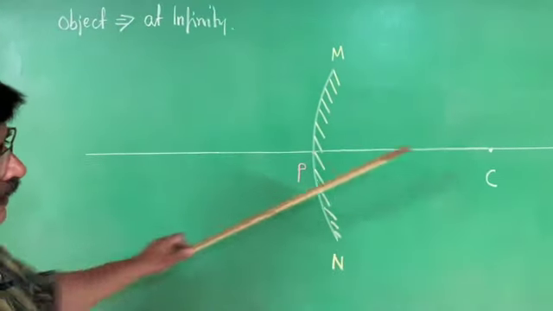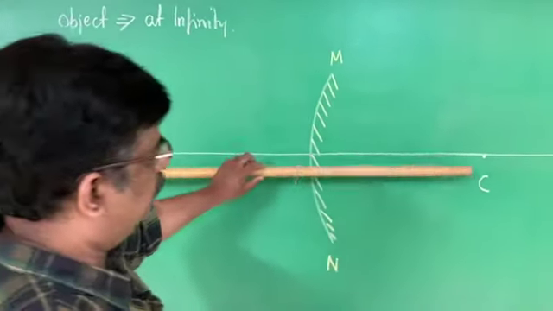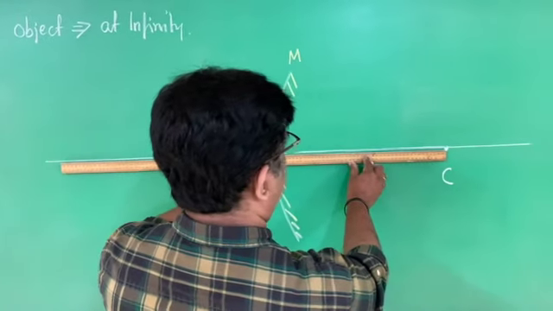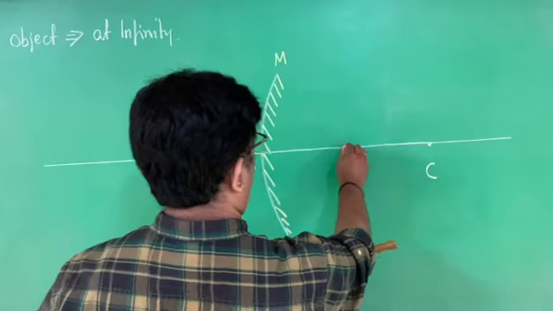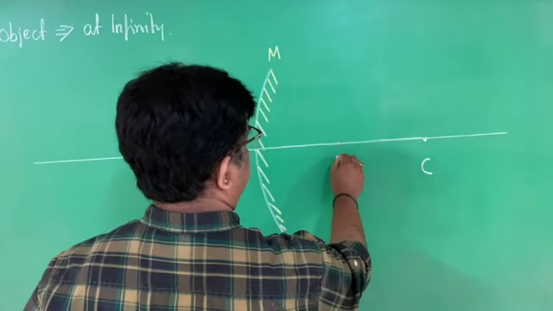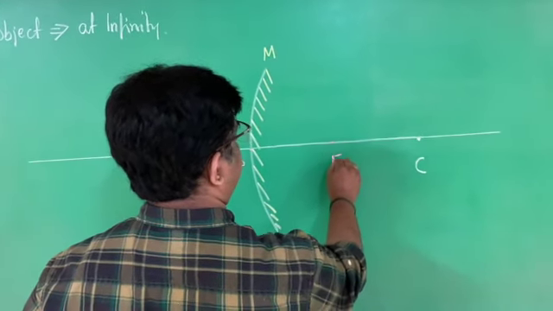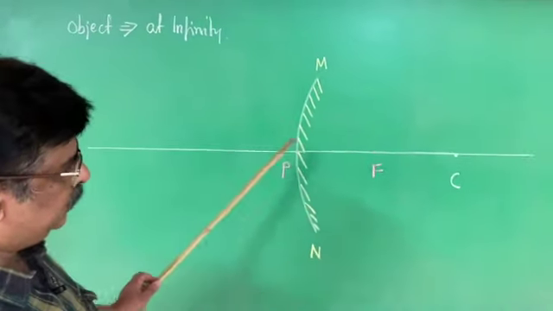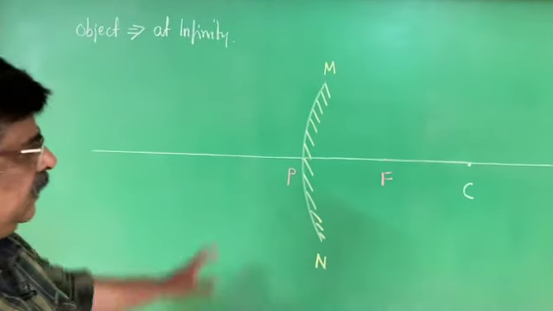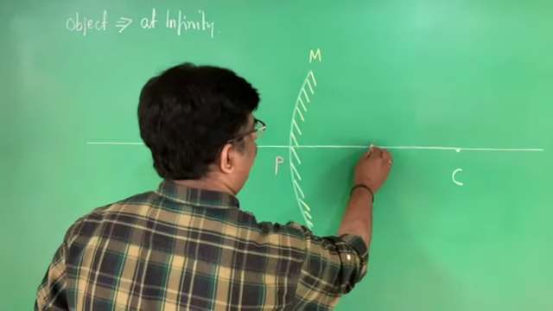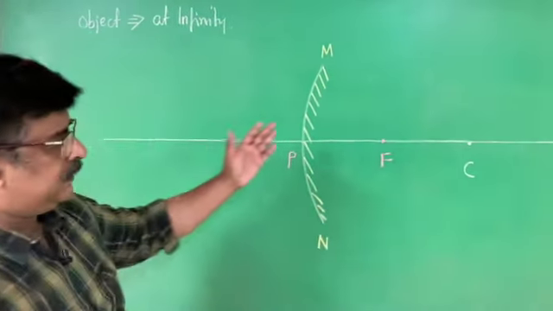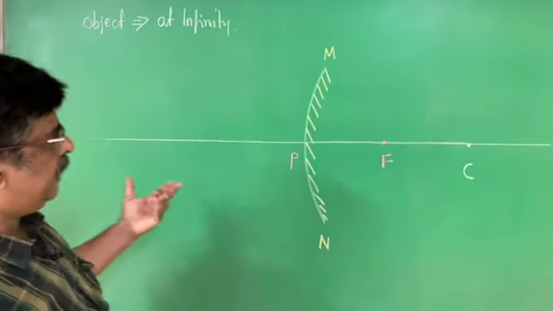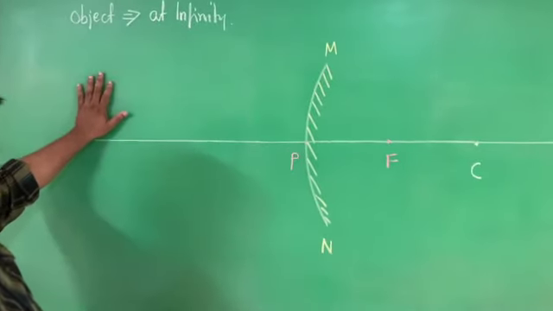This is the pole of the mirror and this is the center of curvature. The midpoint of the pole of the mirror and the center of curvature is the principal focus. Principal focus is here. There is no need to write the exact position of the midpoint. Approximately you can write, because we are not going to write this to scale. See, three points are there. We can easily understand the principal focus and the center of curvature are behind the mirror. Where do we have to keep the object? The object should be kept in front of the mirror.